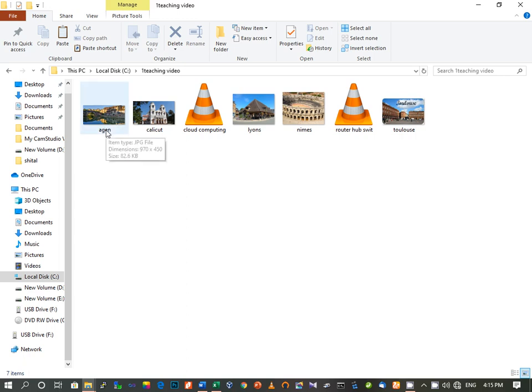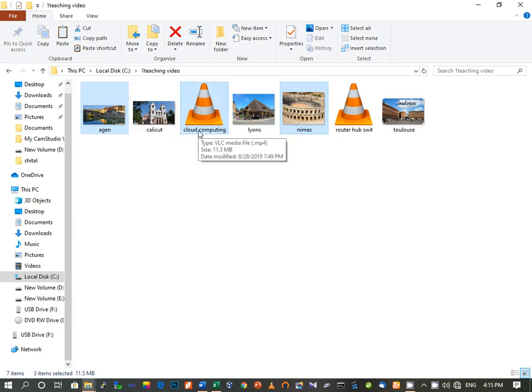Like suppose I want to copy this file and I want to copy this file, then to do that I will press the Control button and then click on the files. Like here you can see when I have pressed the Control button, I can select these files. Now suppose you want to copy all these files, then this can be copied and pasted in any other drive. So this is the process to select non-consecutive files. Non-consecutive means which are not placed side by side.